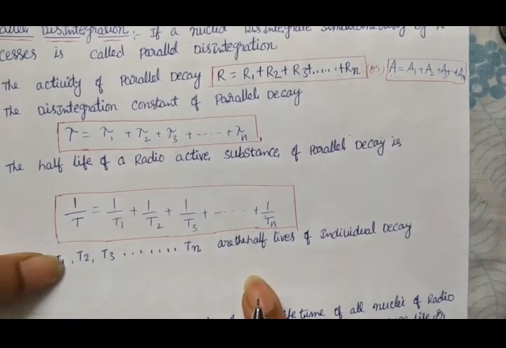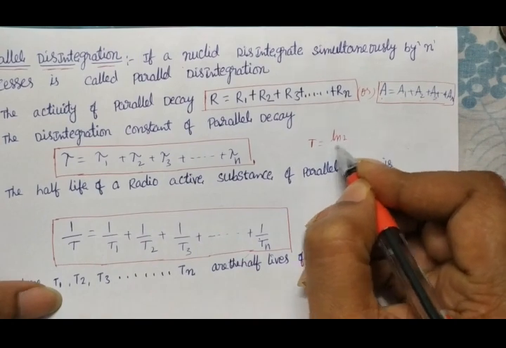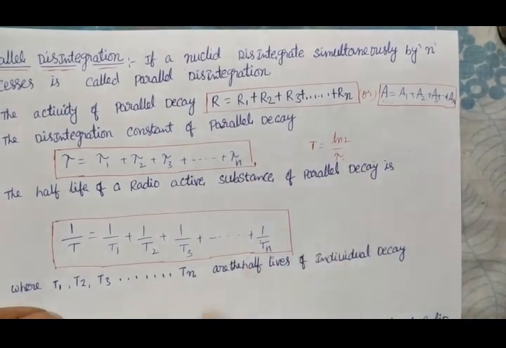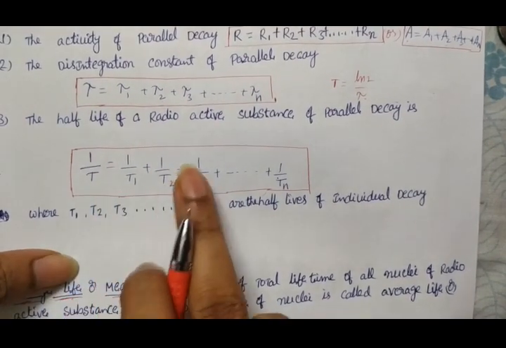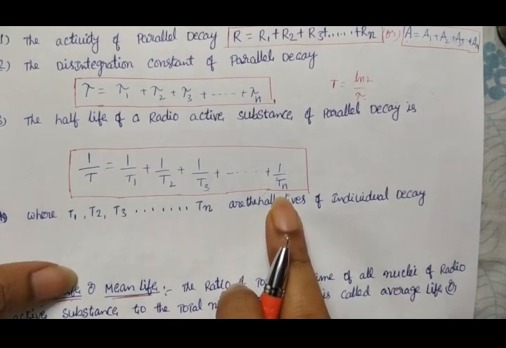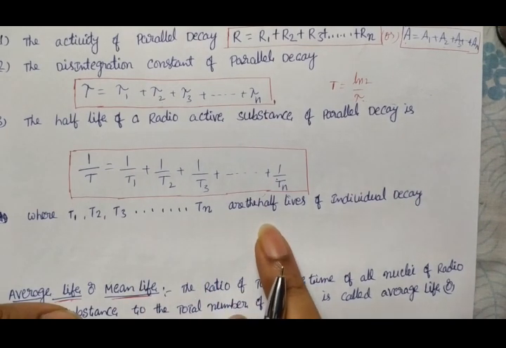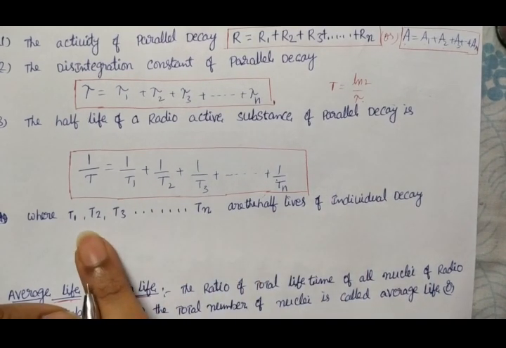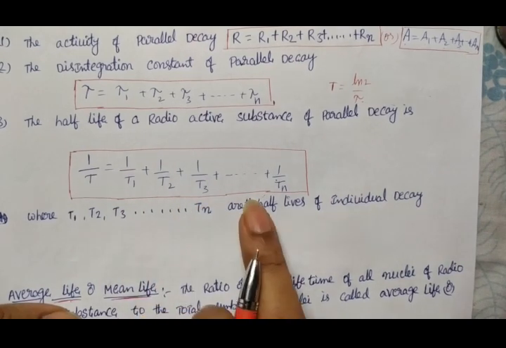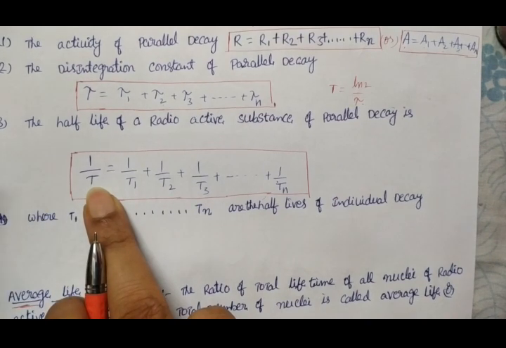And we know that half-life is reciprocal. What is the relation? Half-life T half is equal to log 2 by lambda. So a reciprocal relation is there. So for the total material, 1 by T is equal to 1 by T1 plus 1 by T2 plus 1 by T3, and so on, 1 by Tn. Here T1, T2, T3, and so on, Tn are the half-lives of the individual decays in the different paths. Each and every path has its own half-life, T1, T2, T3 are given. And T is the half-life of the total material, which may decay in any path.